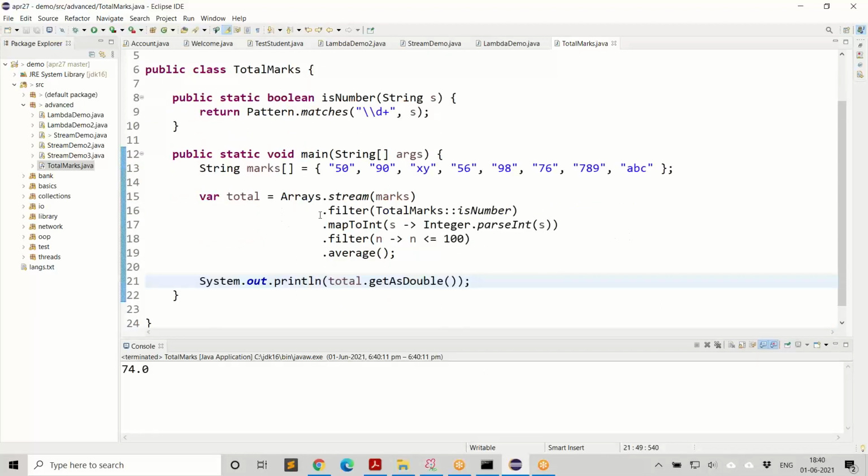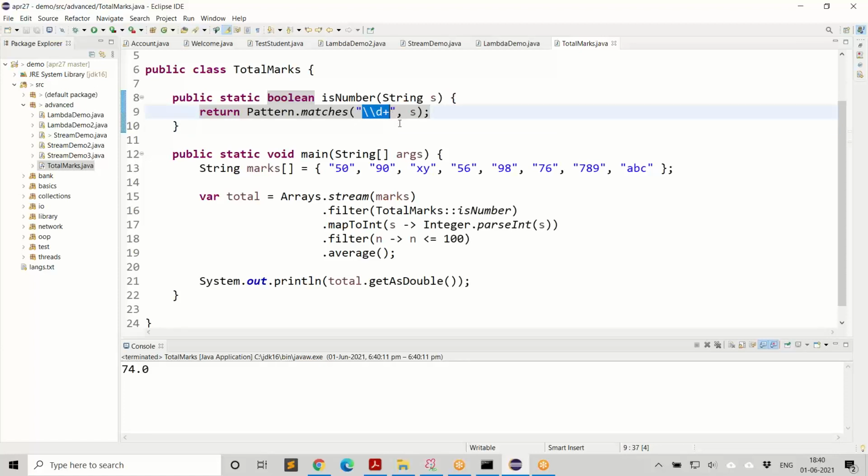So first select only numbers and then convert those strings to integers, the strings that contain digits. Look at the way regular expression can be used. It's awesome. Regular expressions play a very important role in validation.